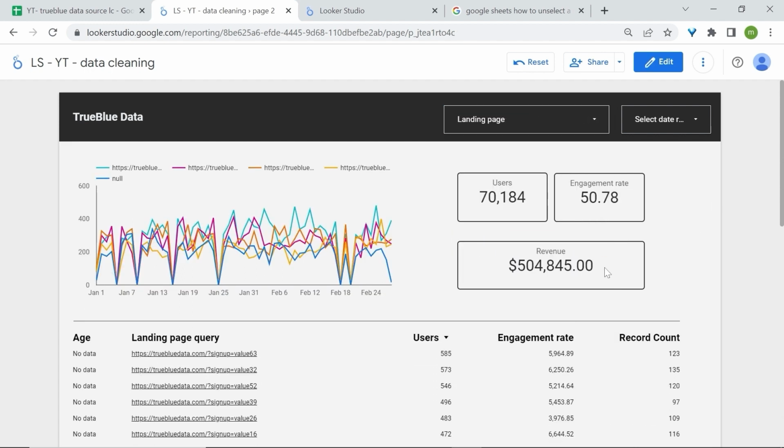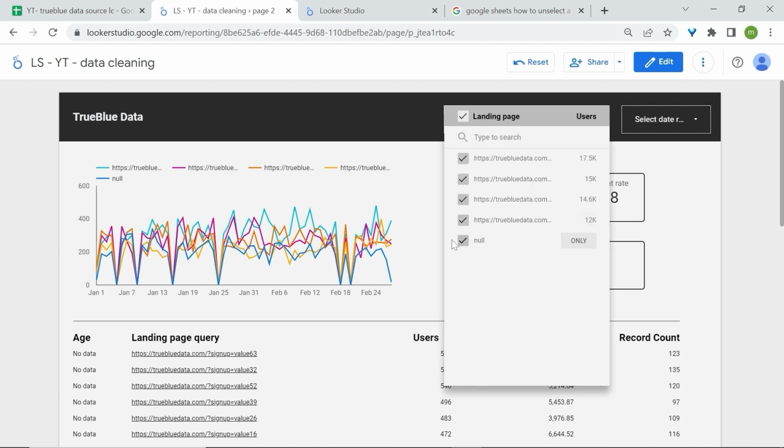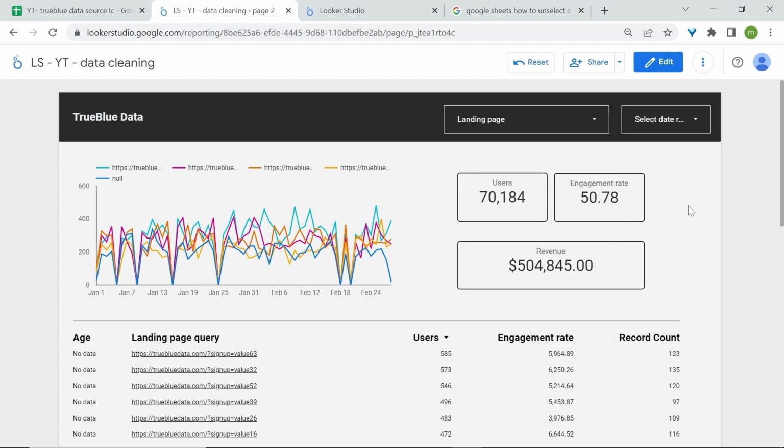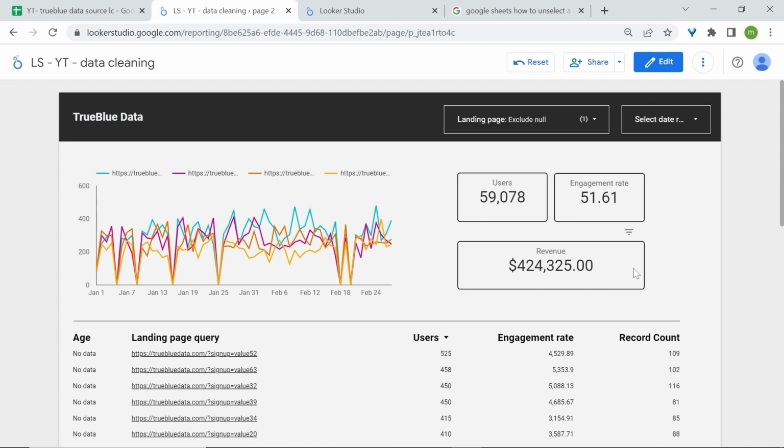Now, for our revenue, we have around $500,000. If I was to exclude our null values, this number will drop to around $400,000, which is a decrease of approximately 16%. Now, when it comes to web analytics, some decrease is okay because analytics platforms will never really give